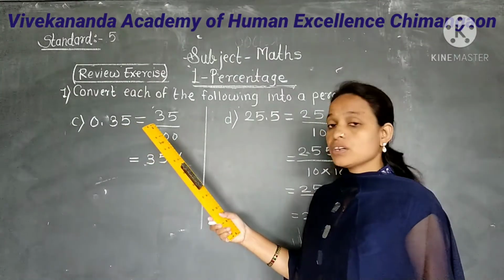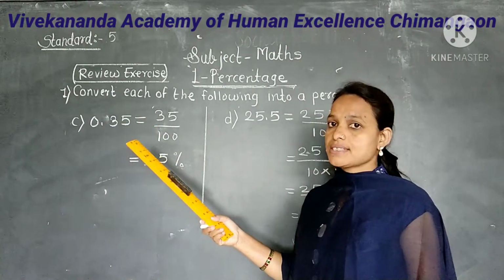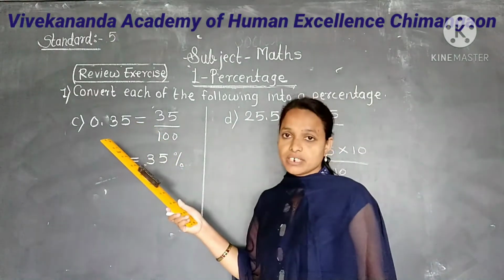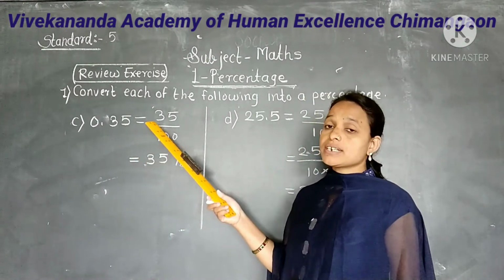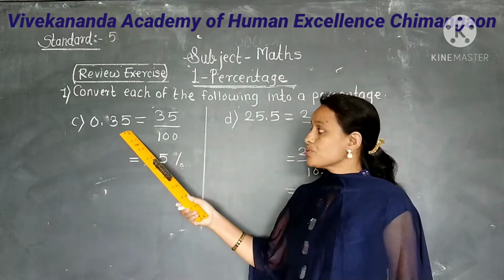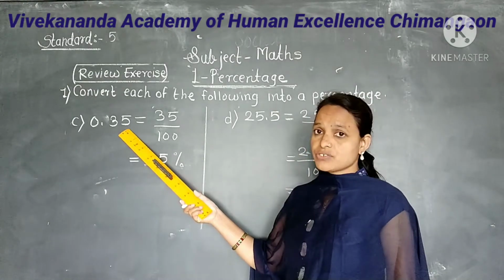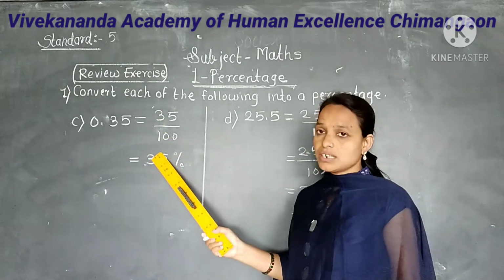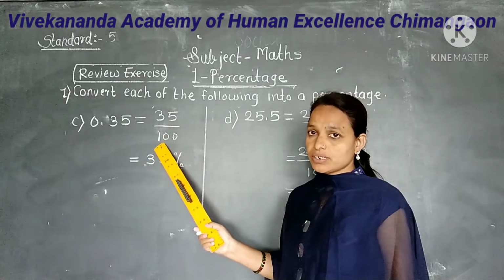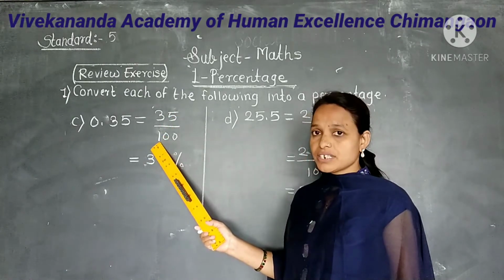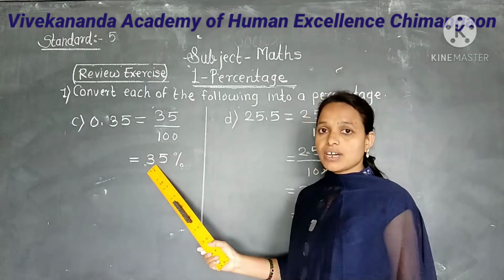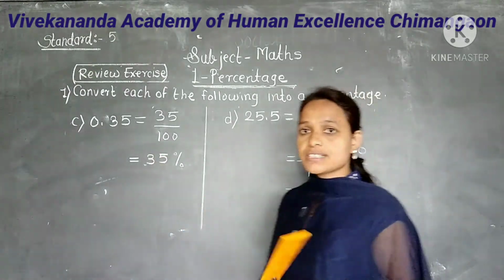0.35. Here we have to convert a decimal. So 0.35, first we have to convert decimal into fraction. So 0.35 we can write as a fraction 35 upon 100. And 35 upon 100 means in percentage we write it as 35%. Next example,